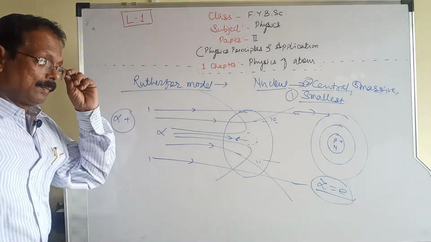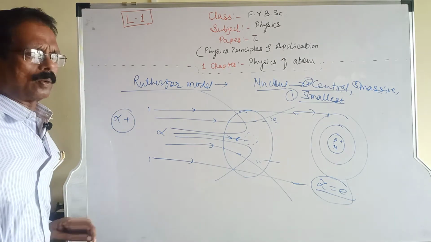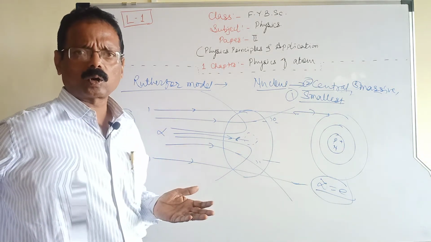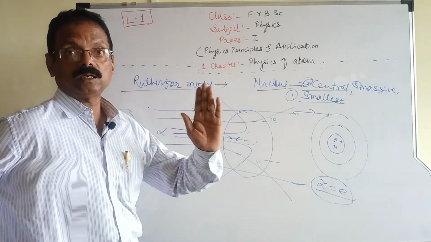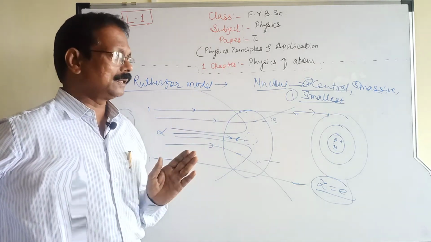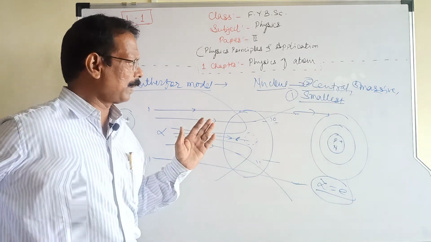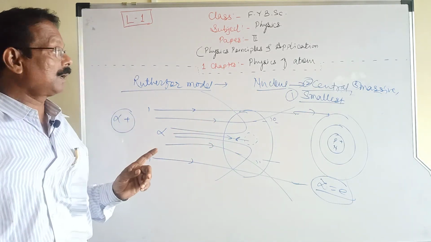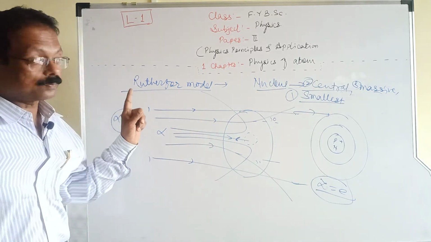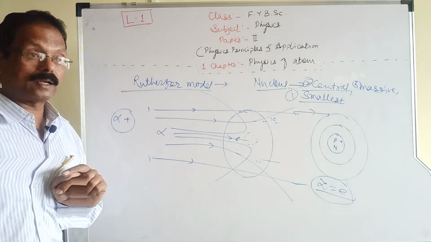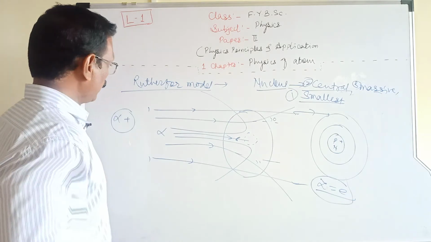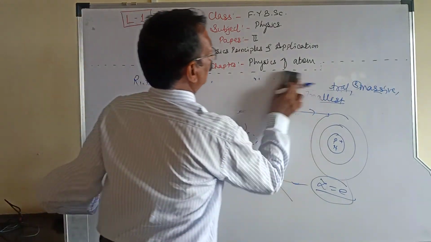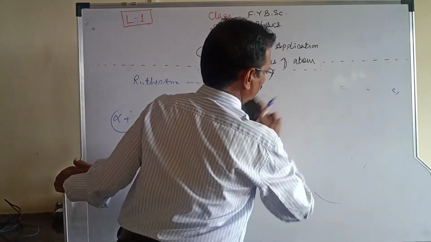Next, what are the drawbacks of the Rutherford model? There are some drawbacks. The Rutherford model was unable to explain the spectral line. Now, who found out the spectral line? Another model: after Thomson, Rutherford developed one model, and after Rutherford, Bohr developed one model. This is the Bohr model, and we have to see what the Bohr model is.